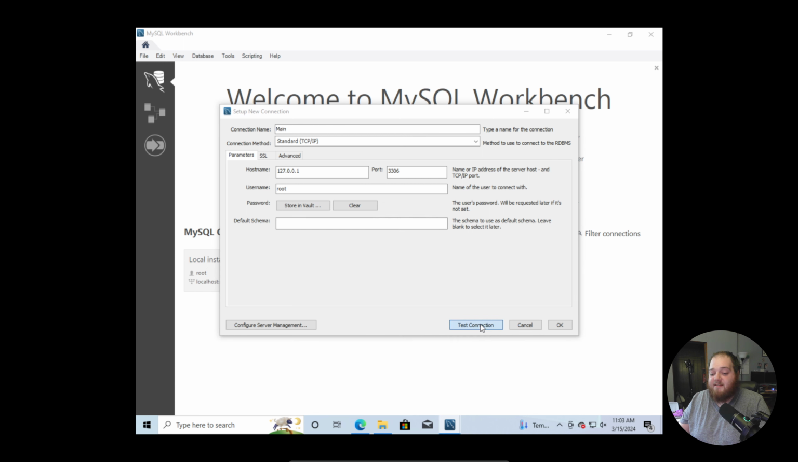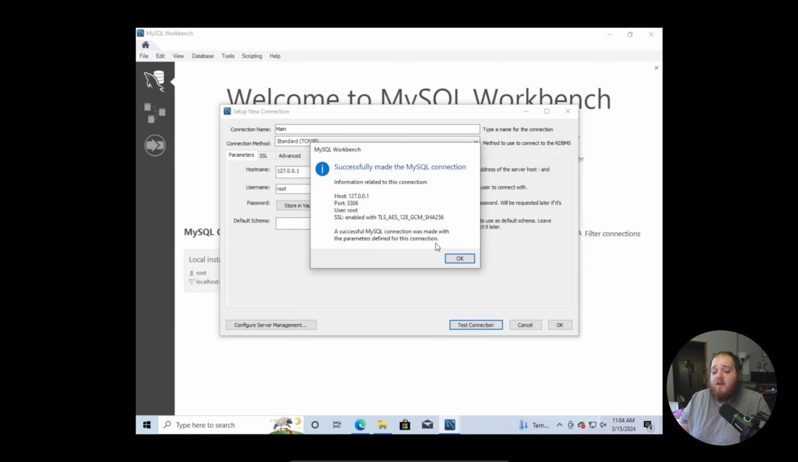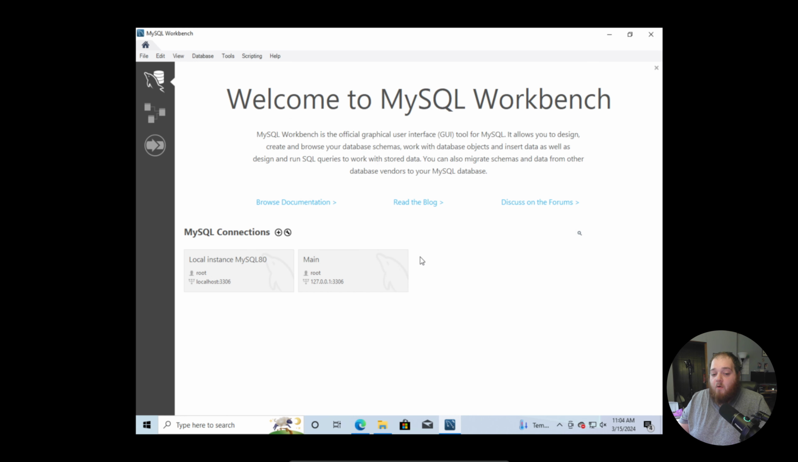Now, if we hit test connection, we should get an OK to go. So we're good to go on that. Now we can see that new instance has popped up right here. Now, if we double click on that,